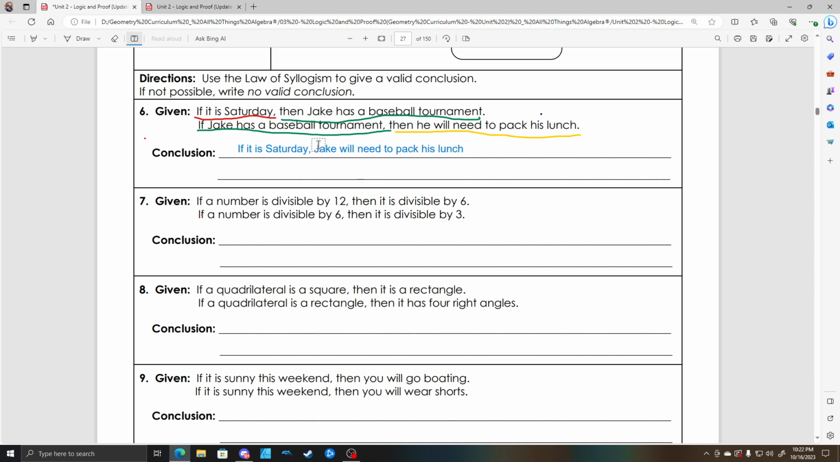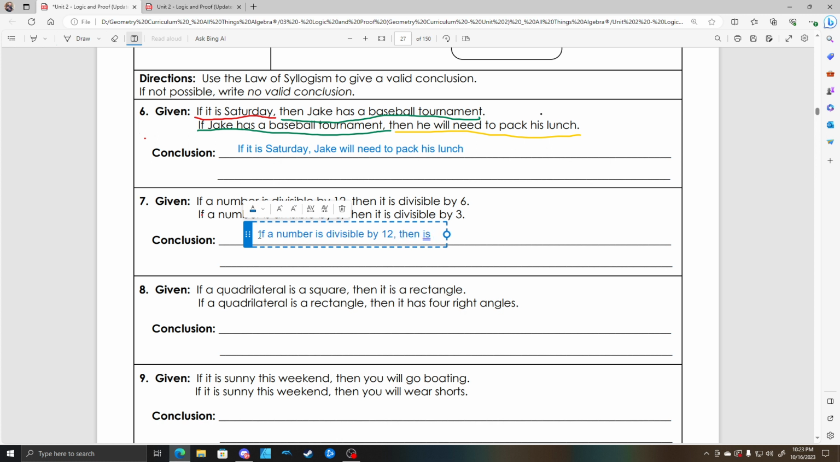And we're going to do it without the colors this time, because we're just going to try to see if we can look through this and see it now. I just wanted to give you a visual indicator here. So given, if a number is divisible by 12, then it is divisible by 6. And then we're saying, if a number is divisible by 6, it is divisible by 3. So remember that if a number is divisible by 6 is connecting the other two parts. So our conclusion would be, if a number is divisible by 12,